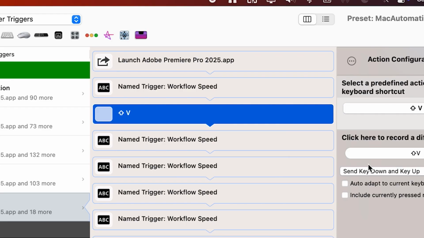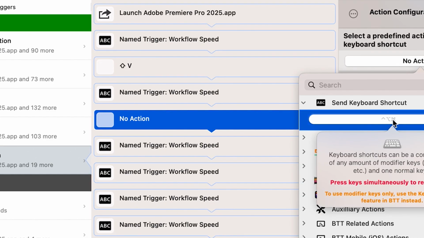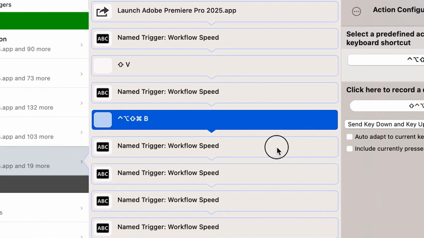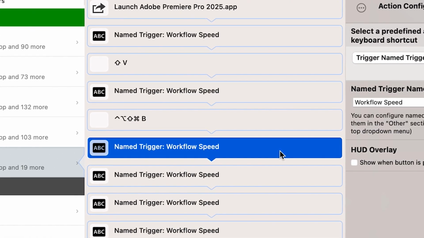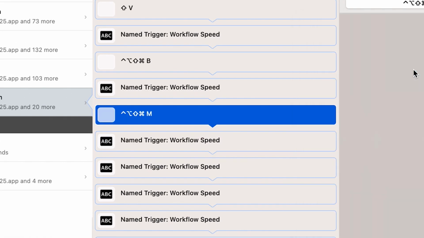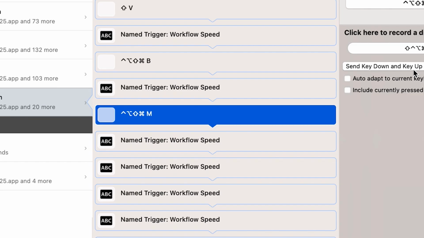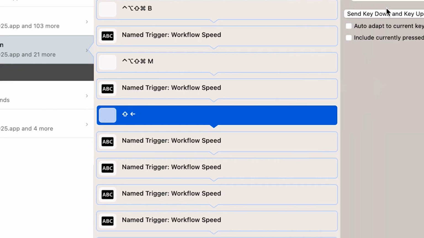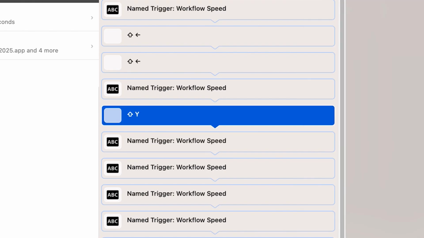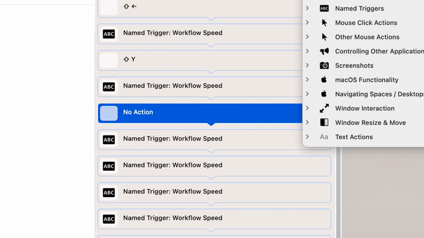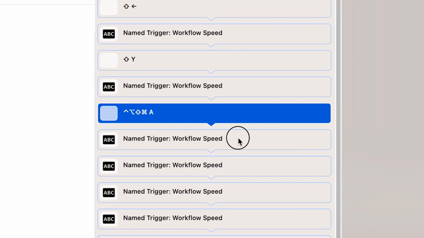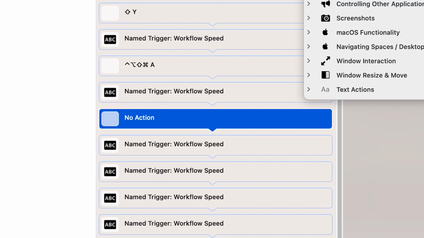Shift plus V to switch to the timeline panel, Command Option Control Shift B to ensure that the timeline zoom is always the same and the playhead is centered, Command Option Control Shift plus M to minimize all tracks, Shift plus the left arrow key twice to move the playhead 10 frames to the left, Shift plus Y to switch to the Projects panel, Command Option Control Shift plus A to create a new adjustment layer, and the Enter key